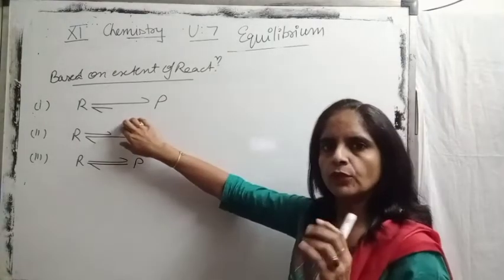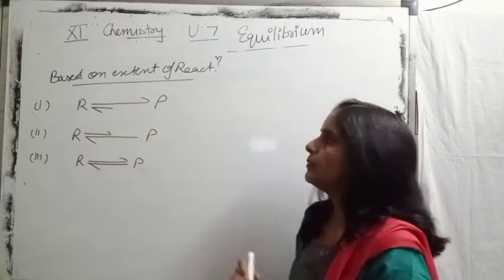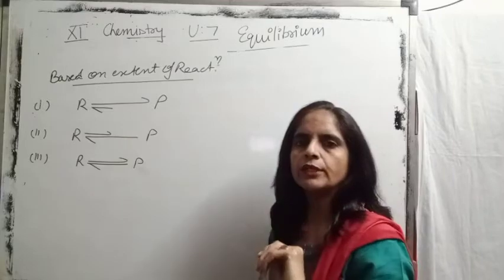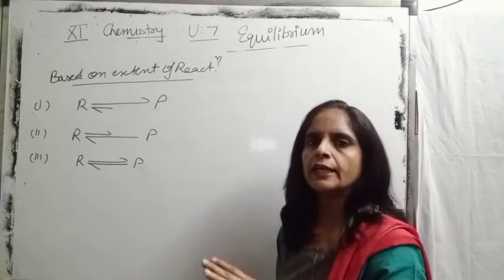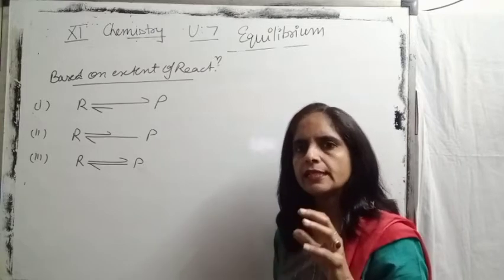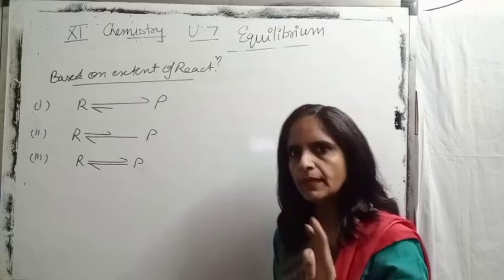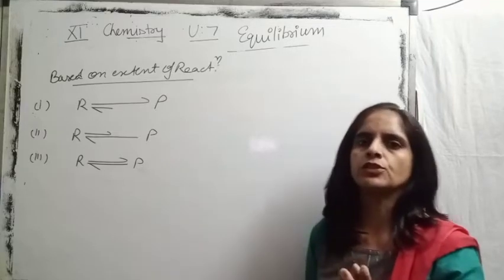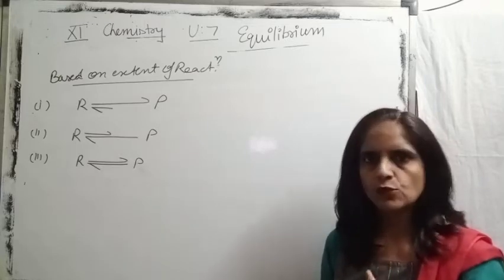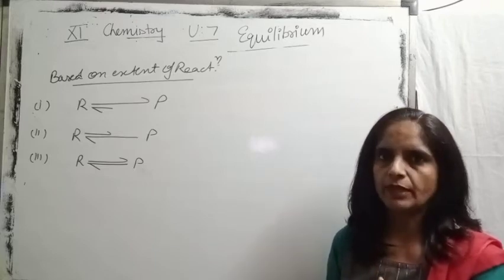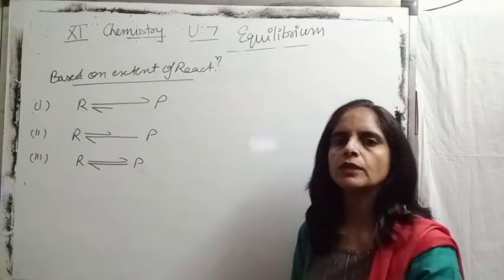So before reaching equilibrium, if this is the situation, we can say at equilibrium stage, most of the reactants are converted into products. So very little amount of reactants would be left at the end of reaction. Or we can say the reaction nearly reaches completion, because a reversible reaction can never ever reach completion. Only irreversible reactions reach completion, but not the reversible one. But in such cases we can say it nearly reaches completion.